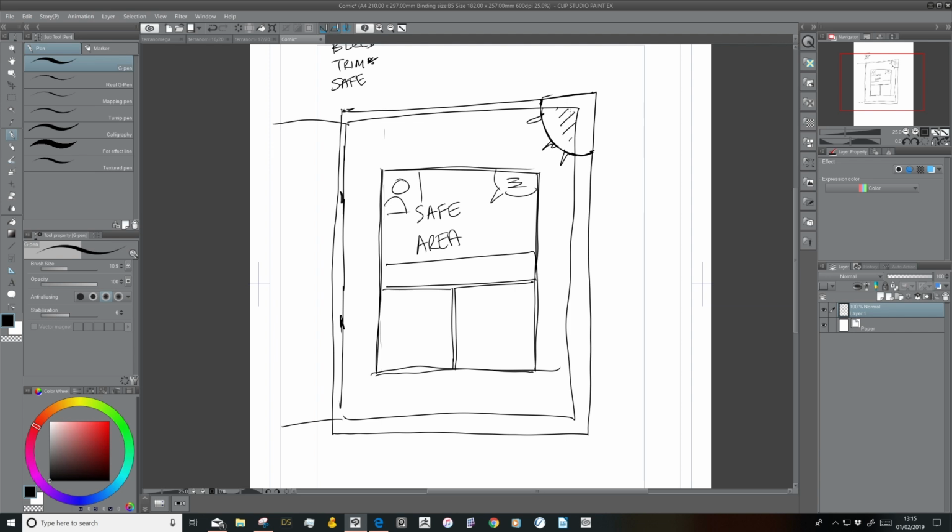Okay, and the bleed, as I say, typically goes beyond where the physical page would print, but the reason for that is that it's going to cut that off. And so if you don't draw all the way to the edge, there's a chance you might get these funny little lines where the comic is trimmed. So what you've got then is this area here is the bleed,